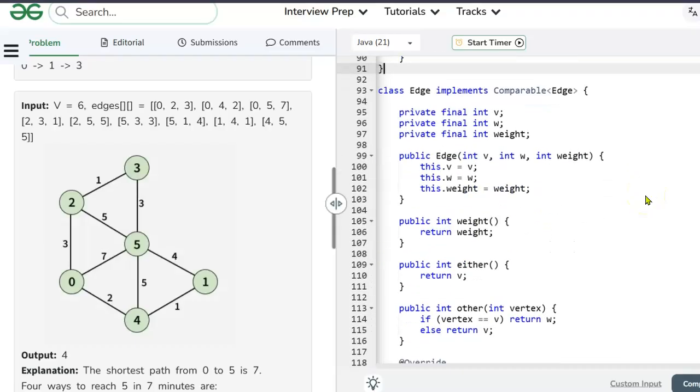Again, it's pretty simple. The constructor takes the start node, the end node, and the weight. We put those into private variables. We have methods that we can call to get either, in this case, yeah, I may have overcomplicated this. I overgeneralized this a little bit, but either will return the start node, other will return the end node,